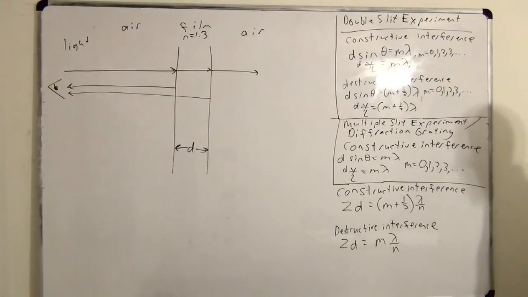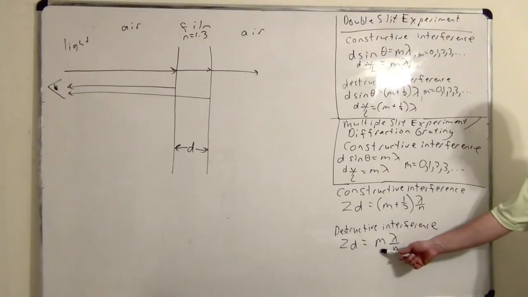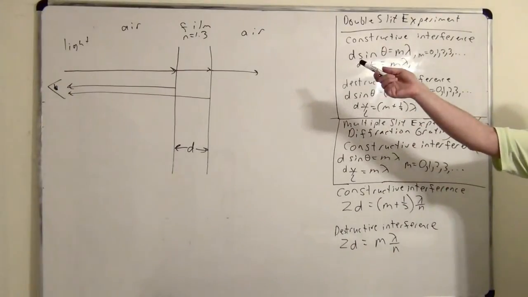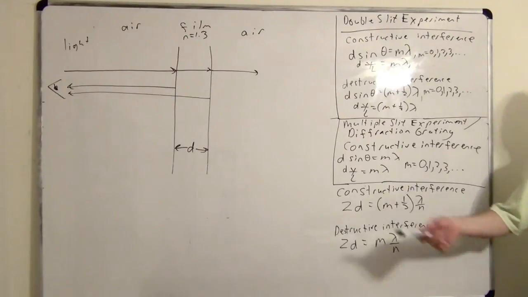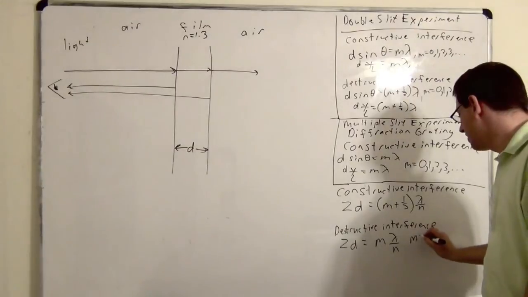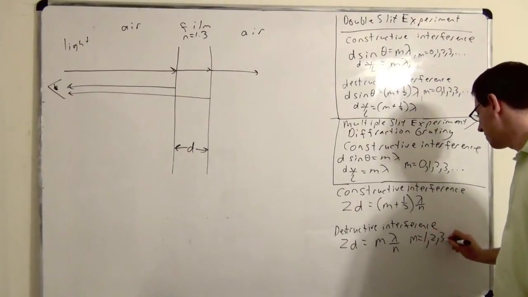M here again is an index. Does it make sense for M to be 0 in this equation? If M was 0, what would D have to be? 0. But that then wouldn't really be a film, would there? So what I mean is it doesn't make sense for M to be 0. An M of 0 doesn't make sense because then there wouldn't actually be a film. So this is a case where the smallest possible M is 1.